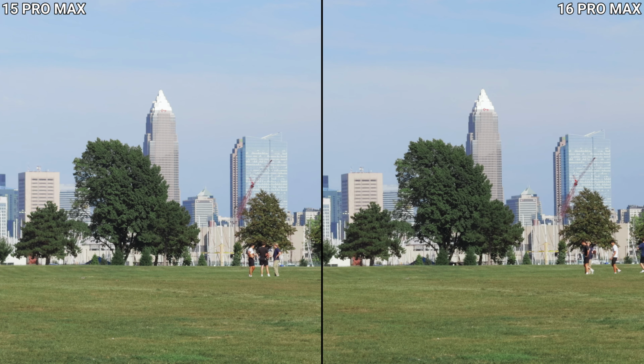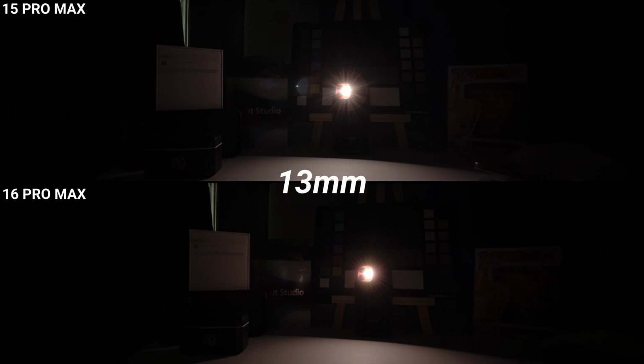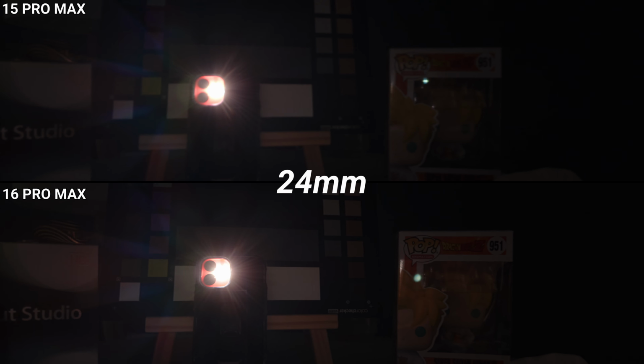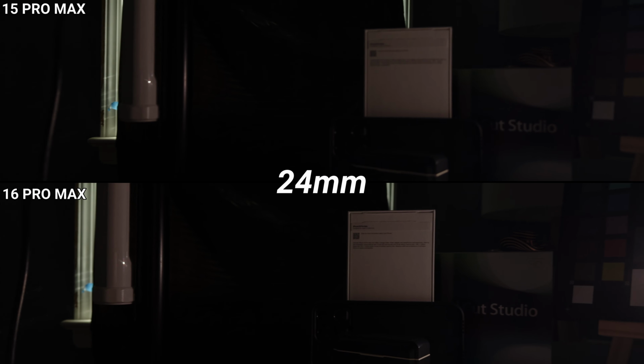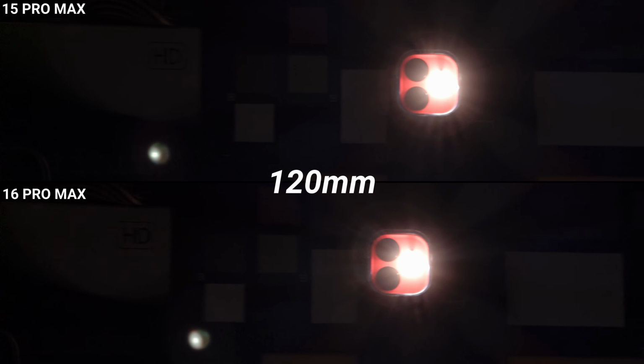All the iPhone Pros now have the 120mm 5x telephoto lens, and this one they literally did not change anything at all. It looks exactly the same and performs exactly the same. One thing I remember them saying in the keynote was that I think there's a new anti-glare coating on the iPhone 16. And based on my tests between the 15 and the 16, just having a little light shining right at the lens, they seem to perform exactly the same. Now, there might be situations where maybe you're outside and the sun is setting over here and you're shooting into it, possibly glaring up your image. In those specific situations, maybe it does perform a little bit better. But as far as just the tests that I performed, they seem like they perform exactly the same as the